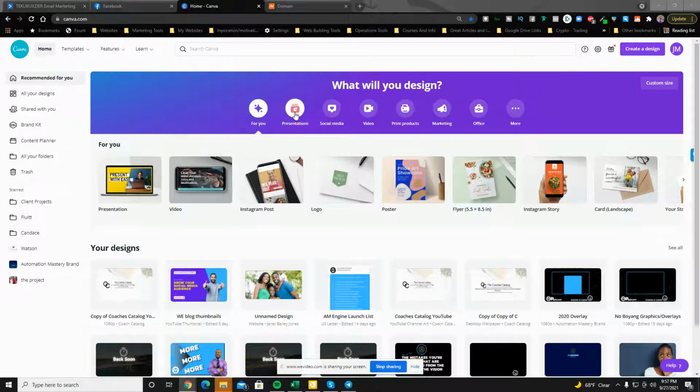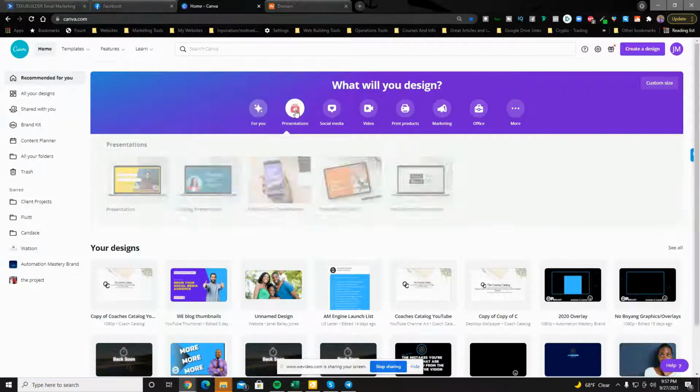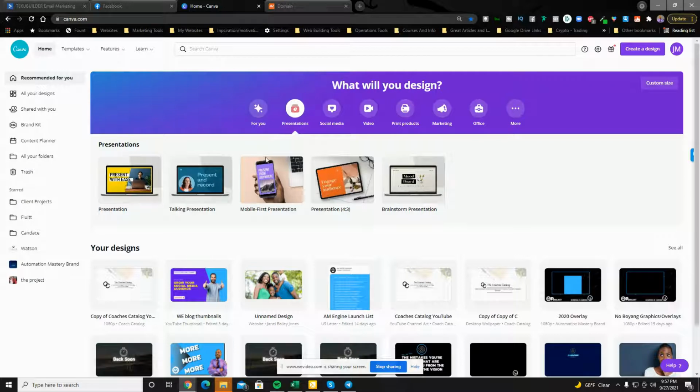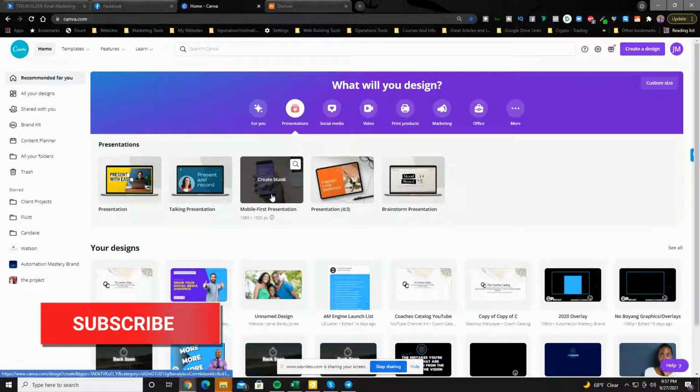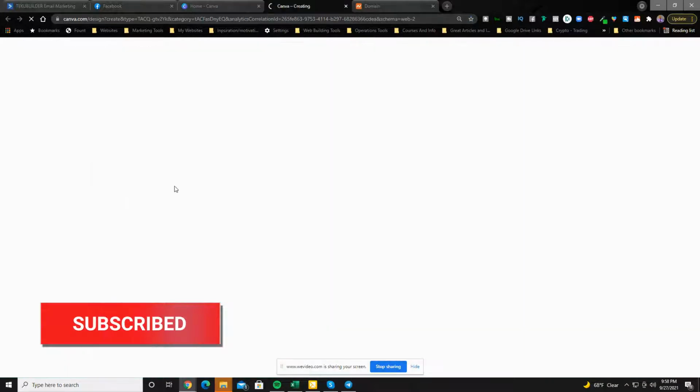I go to presentations here. So once you log in, you'll get the dashboard with all your graphics. You'll want to either go presentation here or up here in the top. If you want to see a bunch of different templates, as you can see, there's a talking presentation, mobile first presentation, general presentation at a 4:3, brainstorm presentation, and just basic presentation. Ultimately, you can go in and really edit a lot of these outside of the mobile first presentation being a bit different. So if I go here to presentation,